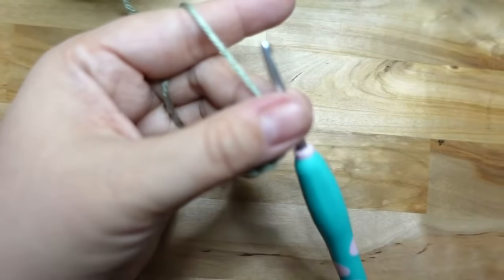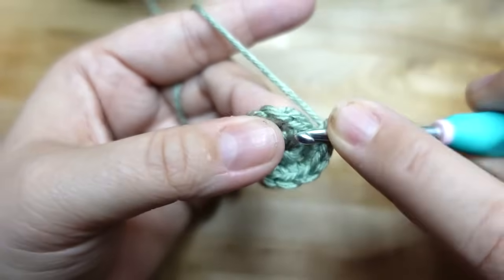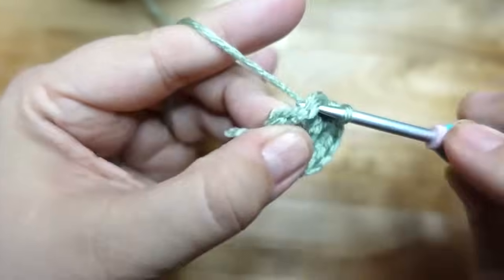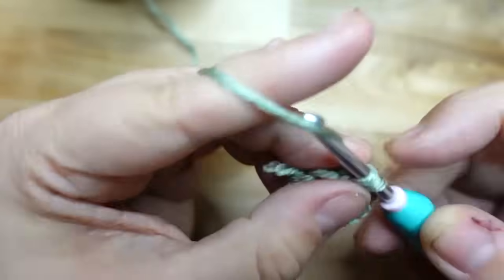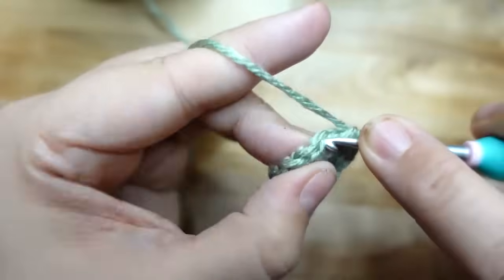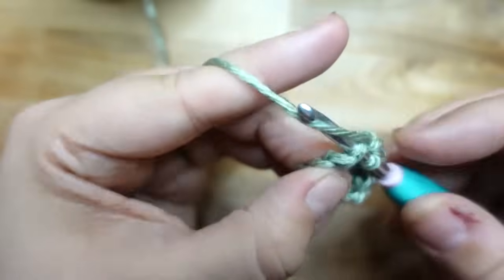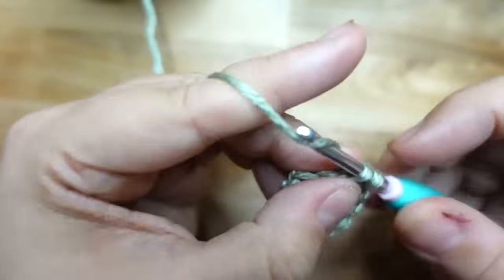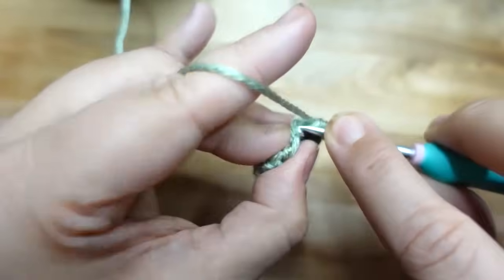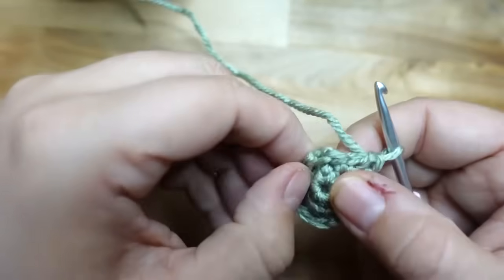All right. Next row, we're just going to put 1 single crochet in every stitch. So again, we're going to count to 12. 1, 2, 3, 4, 5, 6, 7, 8, 9, 10, 11, 12. Now, because it's starting to curl towards us, make sure you flip it so that it curls down,